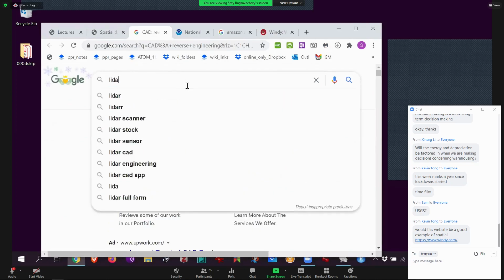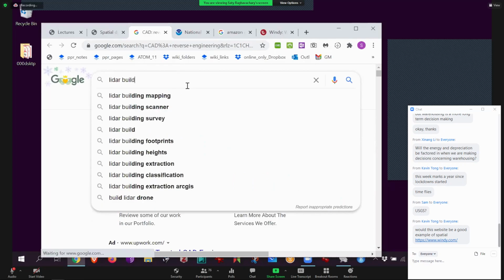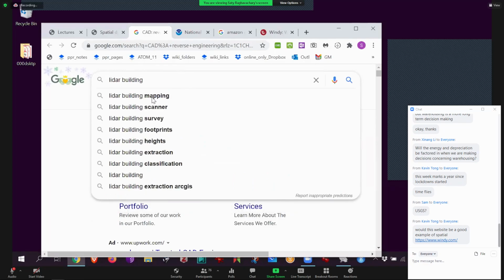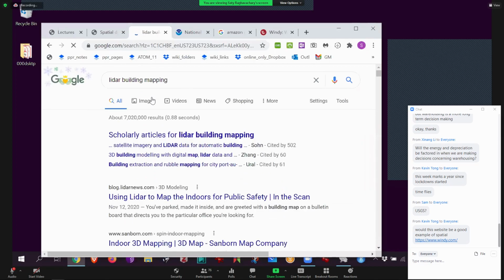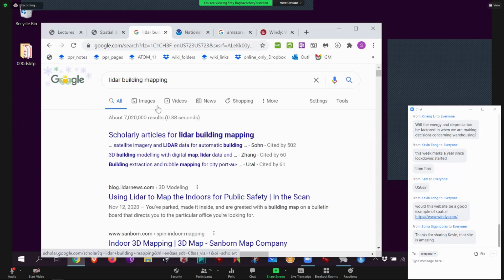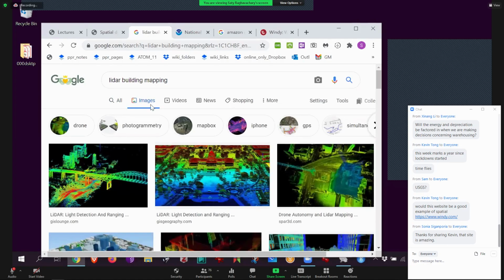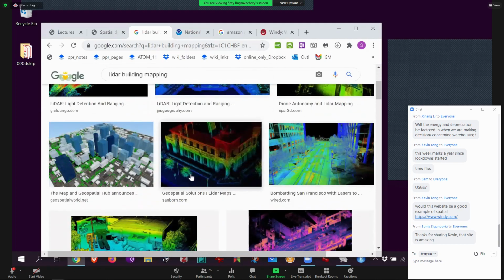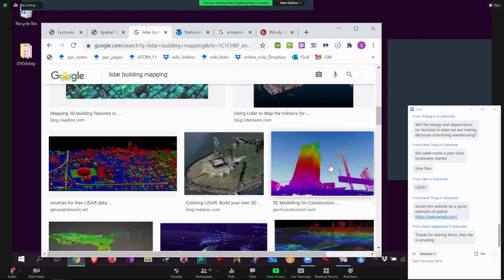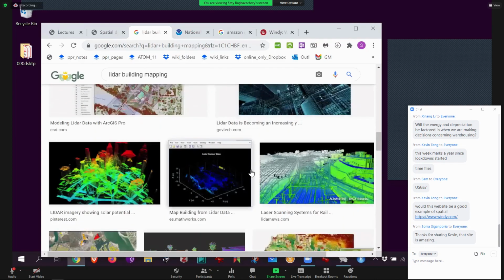For example, I'll just say like LiDAR, building measurement or something, building mapping. These days, you don't need a LiDAR. You can do it with the iPhone or a Google Pixel phone because they have LiDARs built into them. A self-driving car does that as well. So you can take an existing city and turn all of those points into actual distances, okay? That's what LiDAR does. So I can get instant spatial data. It's a form of reverse engineering. Reverse engineer, Statue of Liberty, for example, just make instant spatial data.